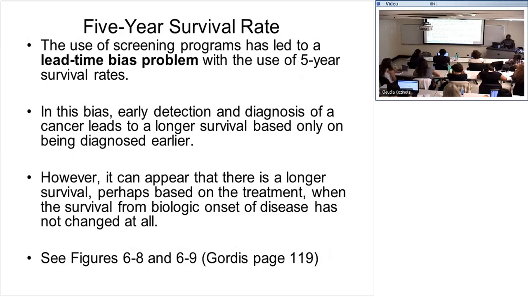Now, there is a problem with the 5-year survival rate, especially when we use screening. When we use screening, we want to make sure that our screening is helping to save lives. How do we do that? We screen people, we see the disease at early onset, and we are able to treat the person. Therefore, we expect that people who have been screened and treated early will have a lower mortality rate compared to those who have not. But when they do that, they have what we call the lead time bias, which is associated with the 5-year survival rate.